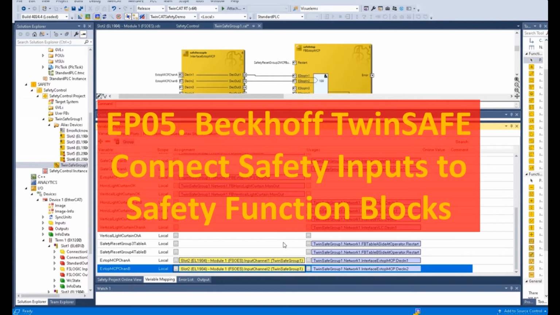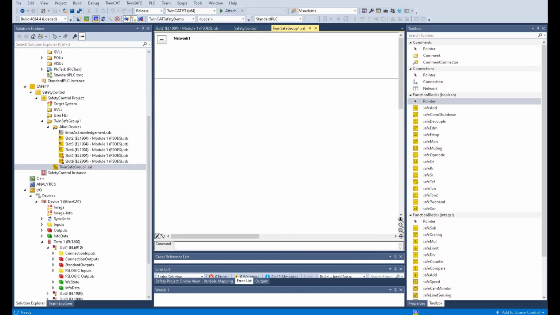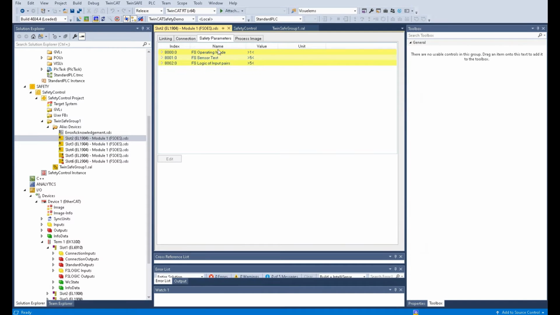Hello everyone. In previous videos, we used one cell with a turntable as our application background. In that cell, we have EStops, light curtains, and a gate switch. For the actuator portion, we have a turntable and the tooling system inside the cell. Based on those safety components, we introduced how we can set the safety input and safety output, the safety parameters